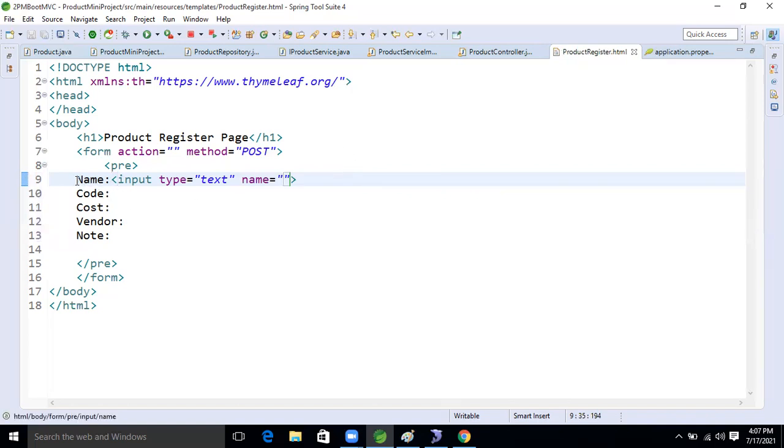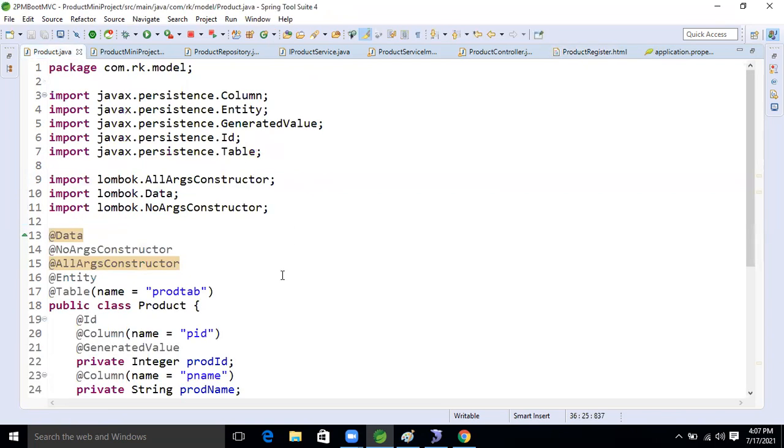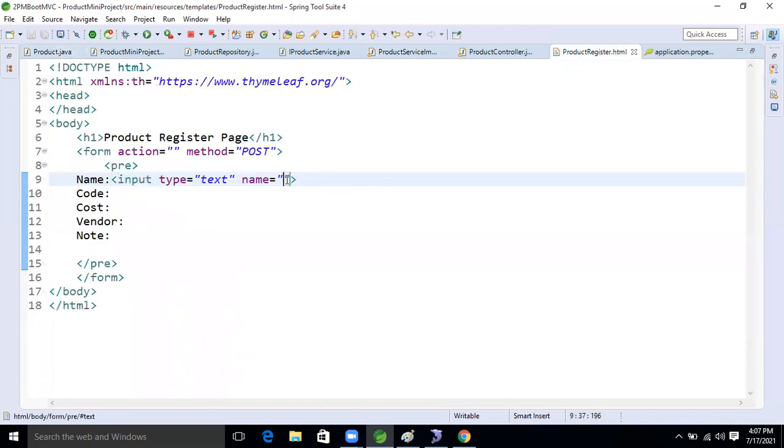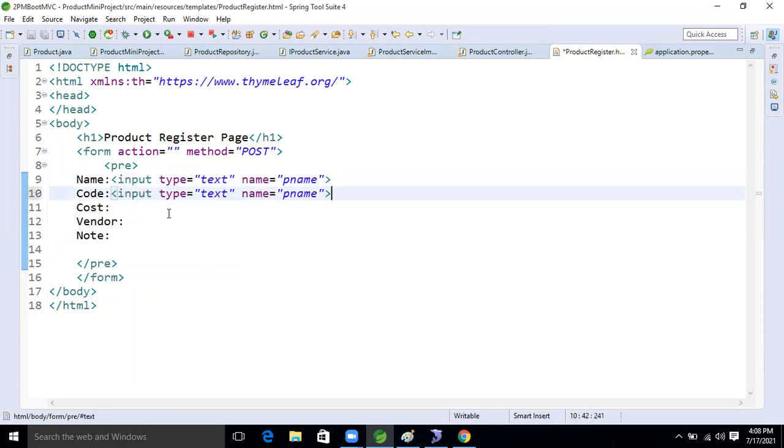So here, and ID. Okay, so here name, right? Name equal to, come here. Okay, so here what is that? Product name. Model data, right? Model data must be matched with what input. I hope the people from last Saturday, Sunday remember, right? When I was explaining Thymeleaf. Yes, the name should be the same. Yes, good. So here, come here. Okay, paste it here.